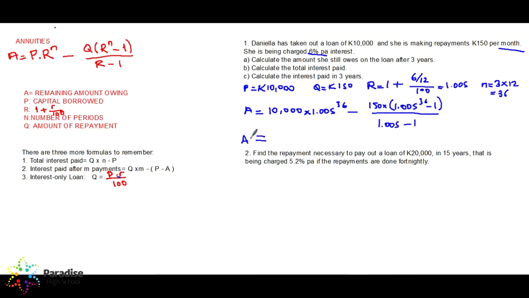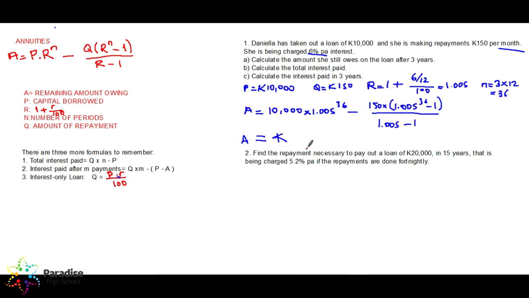We type all these numbers in our calculator. 10,000 times 1.005 to the power of 36 minus 150, open bracket, 1.005 to the power of 36 minus 1, close the bracket, divided by, open the bracket again. Be careful when you are writing the denominator, you have to write it in brackets in your calculator. 1.005 minus 1, close the bracket, equal to,